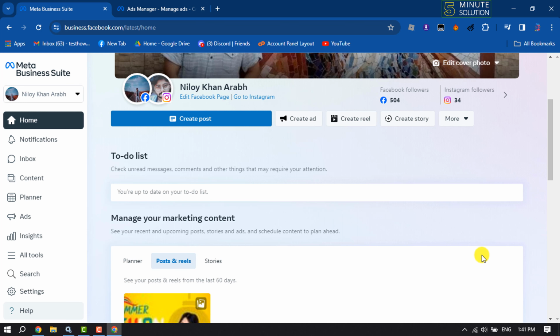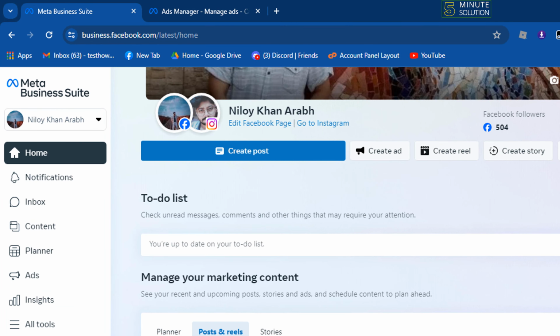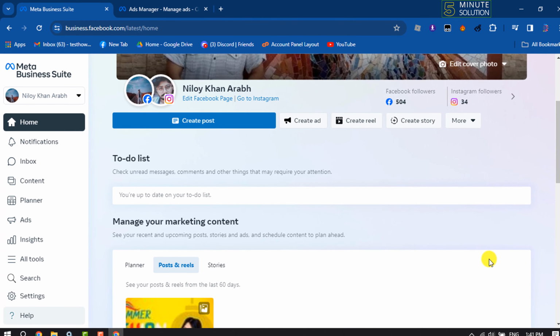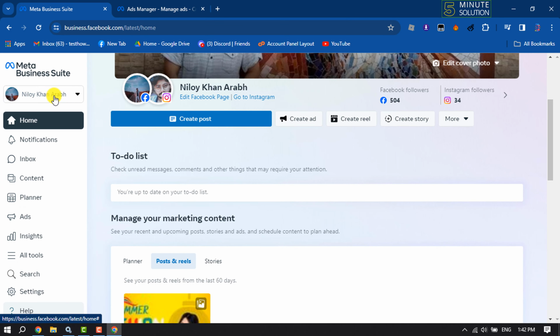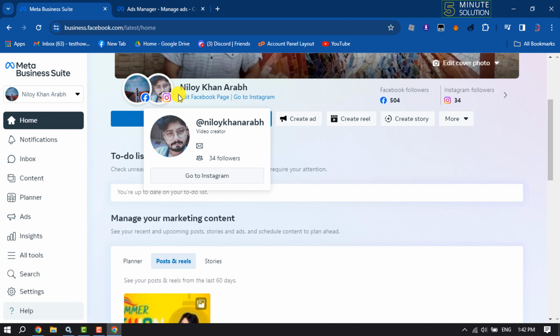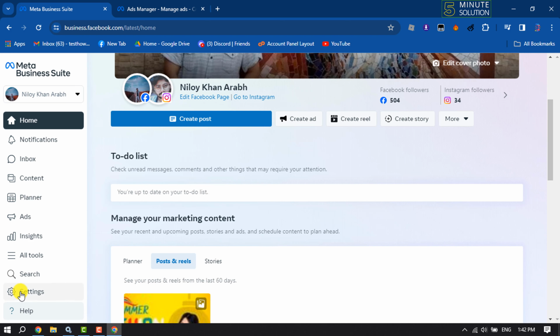First of all, open Facebook Meta Business Suite, and its URL is business.facebook.com. Here, make sure to select your business account to work with. Also make sure you have connected your Instagram account with your Facebook page. Now, click on Settings